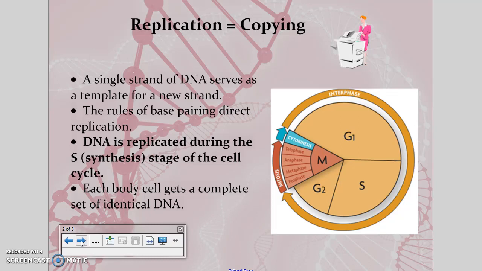So replication is the same thing as copying. A single strand of the DNA serves as a template for the new strand. The rules of base pairing are present, so A goes with T, C goes with G. Those rules are in effect for this, and the DNA is actually replicated in the synthesis stage of the cell